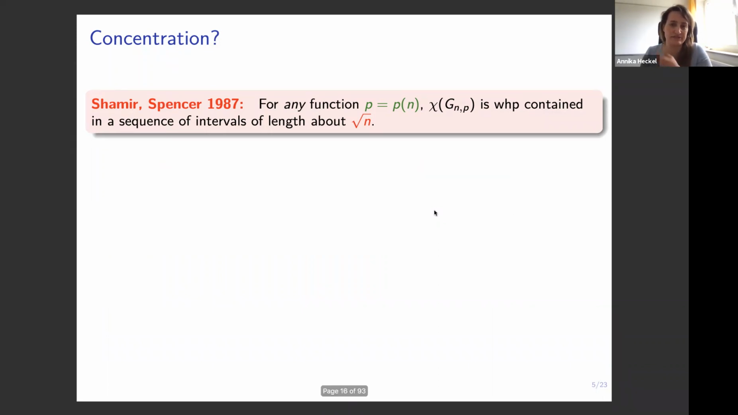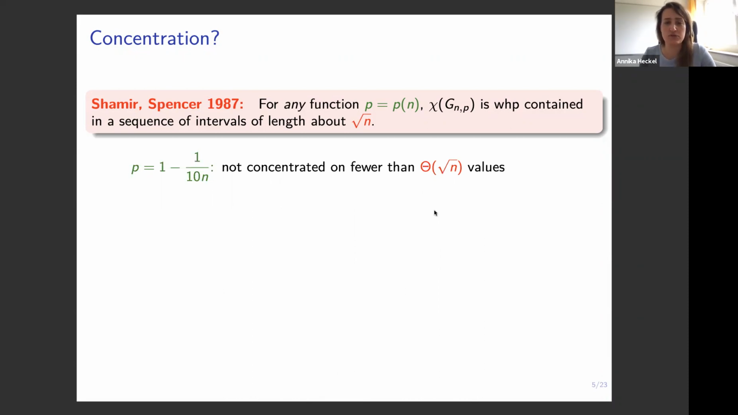And this result does not give you any information whatsoever on what these intervals are, but we know they exist and the chromatic number is contained in them with high probability. In this general form, this result is optimal, which you can see if you consider a very special case of p. If you plug in p that tends to 1 at the correct rate, then for silly reasons, you can see that the chromatic number in this case is actually spread out over about root n values. But that's just because in that case we have kind of a full random graph with